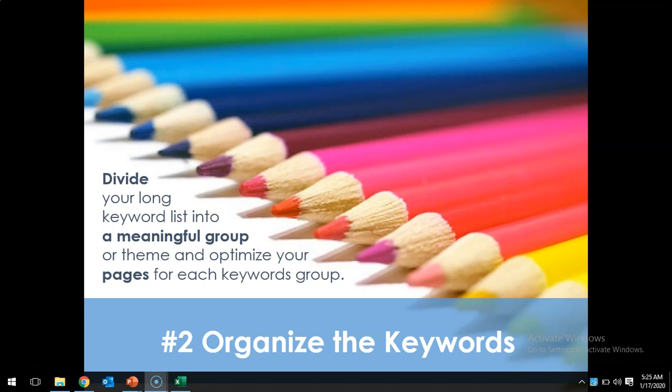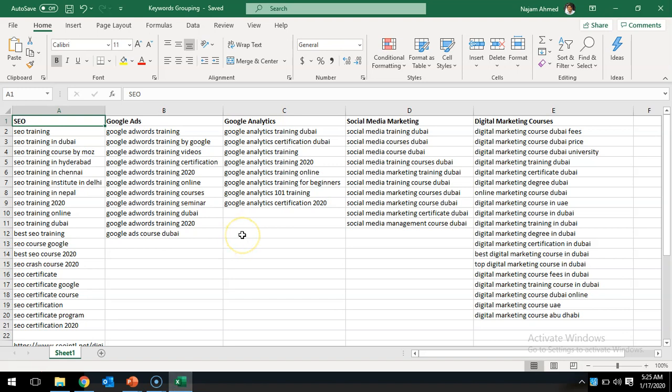What I've done here, I have created a kind of template for you in order to give you an idea like how to properly group your keywords. So you can see I'm using Microsoft Excel here, and I have created 5 columns here that you can notice. Keeping 5 of my courses in mind that I offer, you can see I have column A, one column for